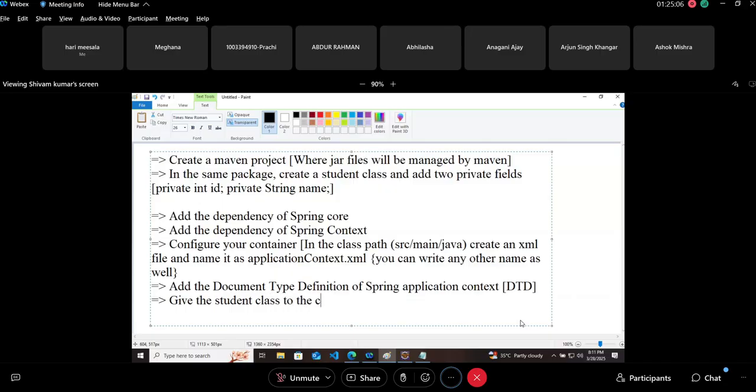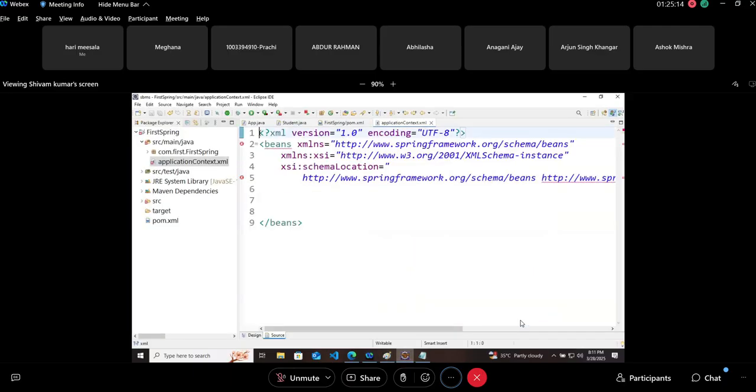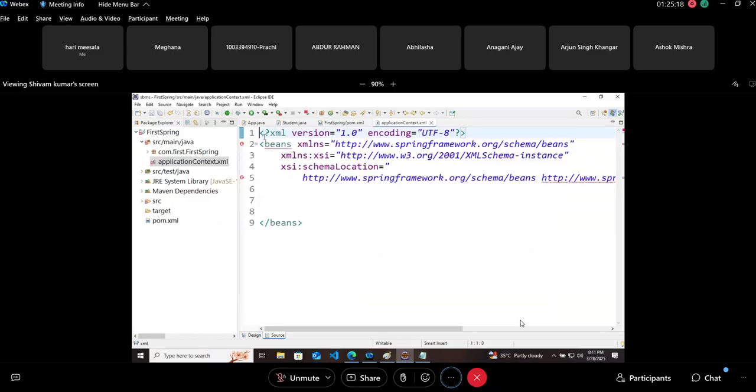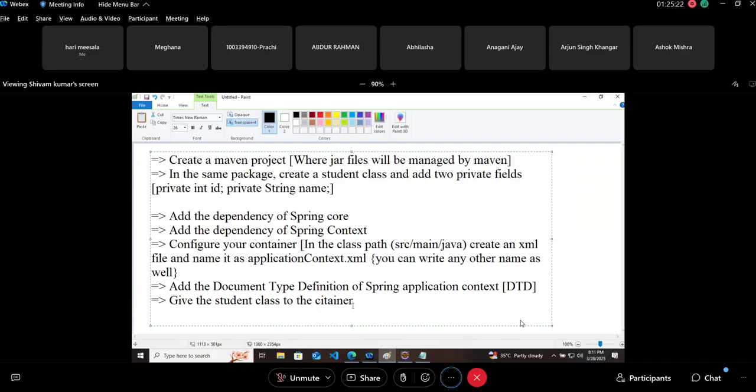Make sure that your file does not have any extra line here, otherwise it will be an error. Your XML should start from the first line. So give the student class to the container.